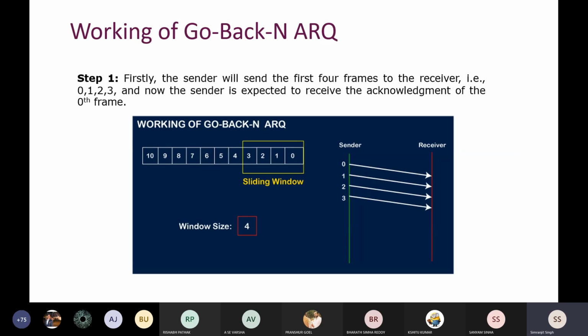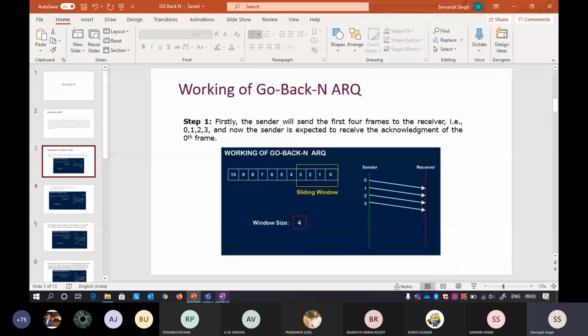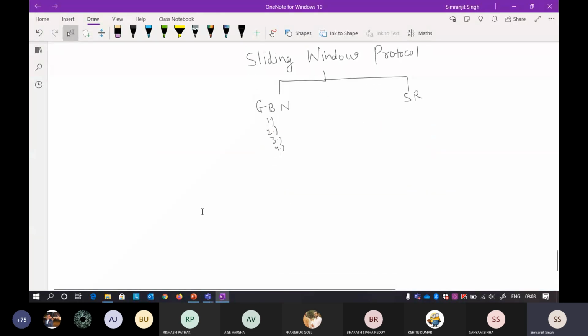So I'll directly take an example, but I'll tell you some points before that. The first point you need to know is what exactly the meaning of Go-Back-N is; I'll come to that while taking the example. Go-Back-N means that N is the sender window size that is already given to you. Suppose your protocol is GB4, so the sender window size will be 4. If your protocol is GB10, the sender window size is 10.